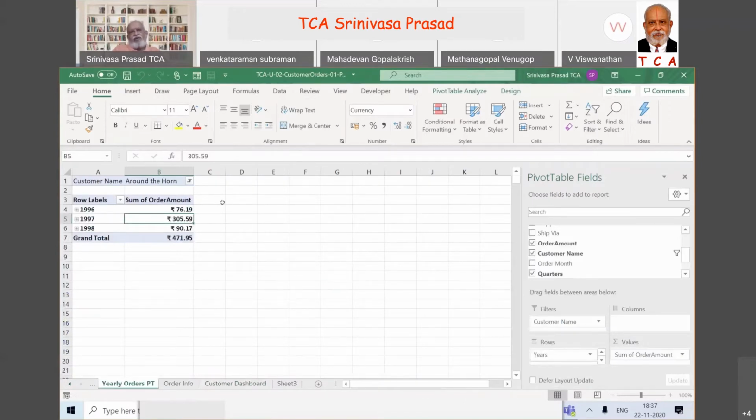One doubt, pardon me, sir. Should we leave the first two rows blank, because usually the pivot table starts from A1? We can. It all depends, because in the back of my mind I know that I am going to use that, so I shifted it.